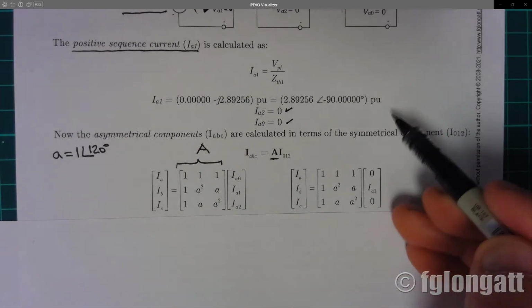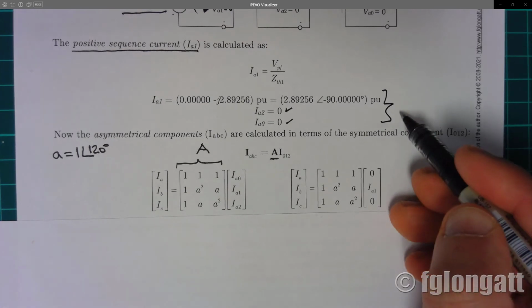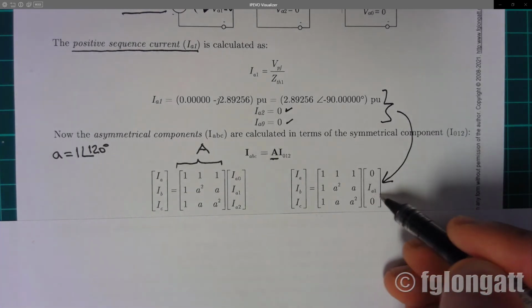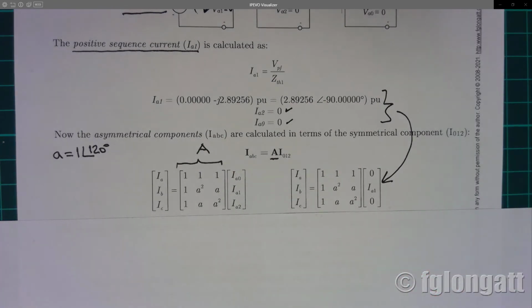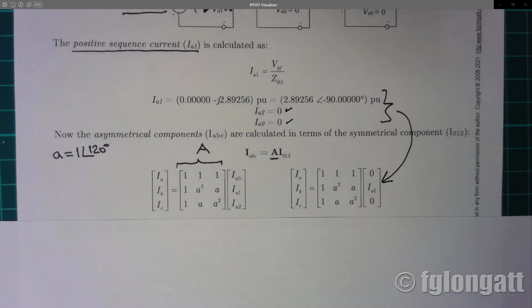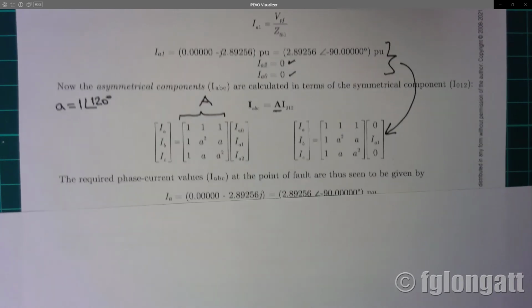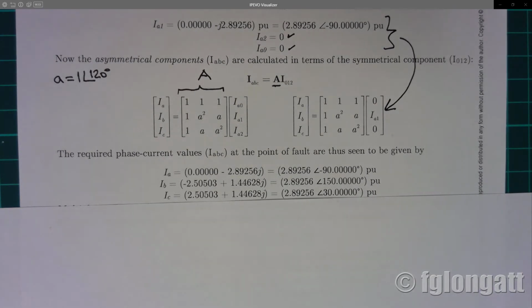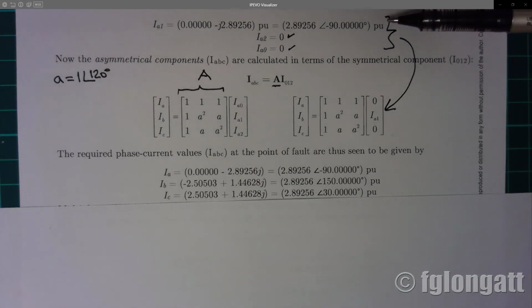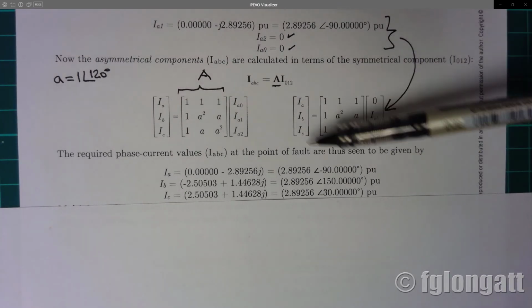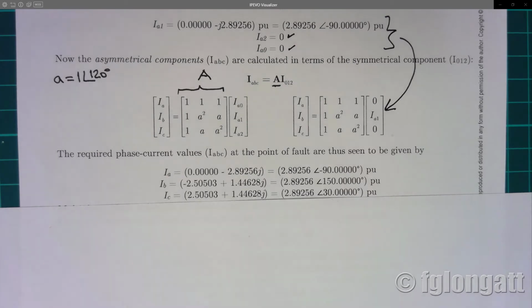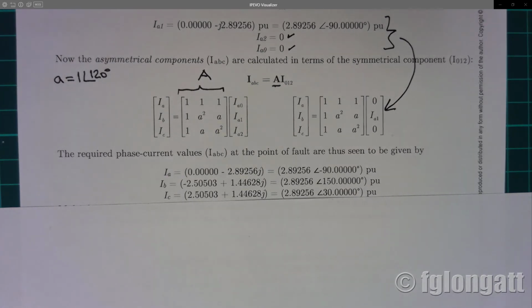Well, if we take those currents here and we put them inside, remember this is 0, they are only positive sequence components, and we use the calculator or MATLAB, whatever you want to use. Wow, here we obtain what I was looking for. As you can see, when I use the symmetrical components inside this matrix, I can obtain A, B, and C. And the most beautiful part here,